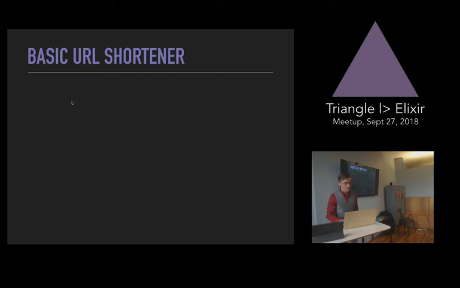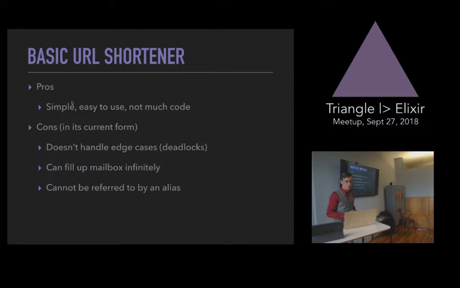So jumping back to here. So there are some pros. This is very simple, easy to use. We have now spawned a process, had that communicate, and everything is dandy. Now, unfortunately, this doesn't handle edge cases. If you have two processes that make a synchronous call to each other, you get deadlocks, you can get race conditions, all the stuff. The other thing, this is actually really important